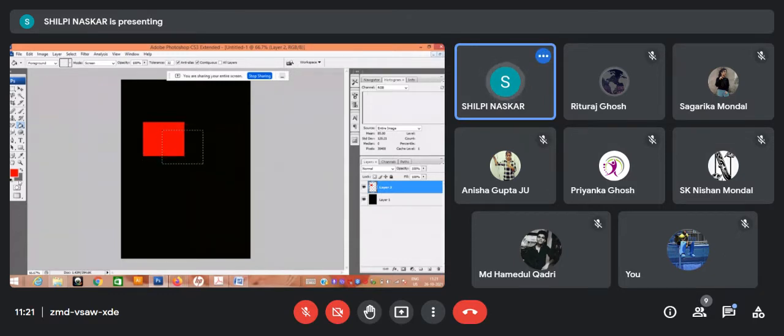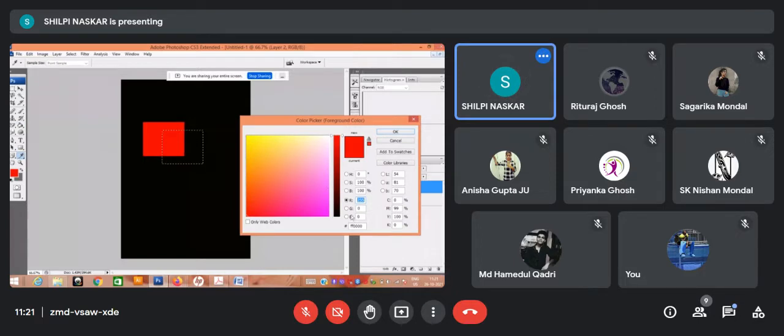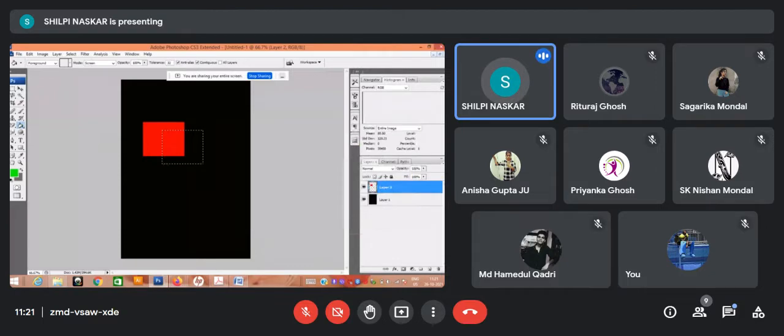I'm filling green. Here in the color palette, I'm changing only the values. Green is 255 in the green palette, so green has been selected. By using the bucket tool, I'm just filling the green one. Sorry, Control Z. I have to create a new layer and then fill the green one.